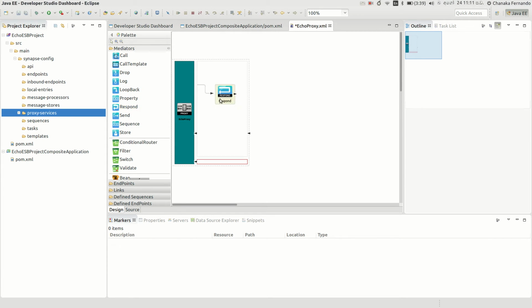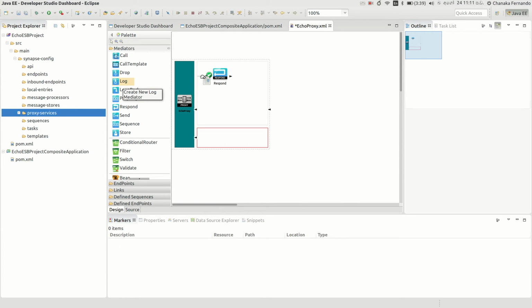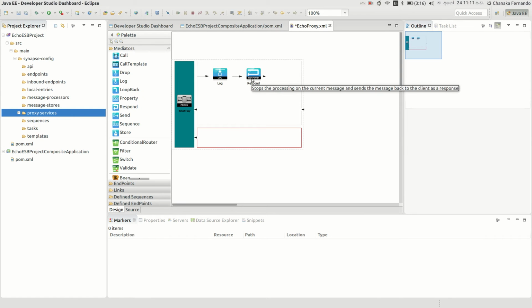It will basically respond or echo back whatever message it receives from the client. For tracing purposes I will add another mediator, a log mediator, to the proxy service. Once I add these two mediators, I am done with my Eco service.